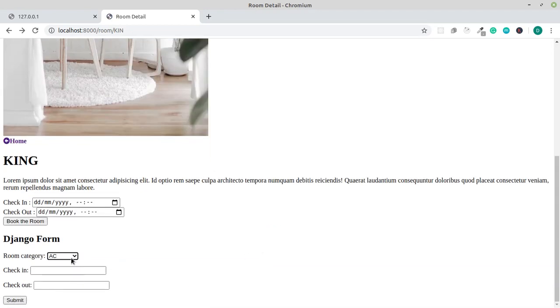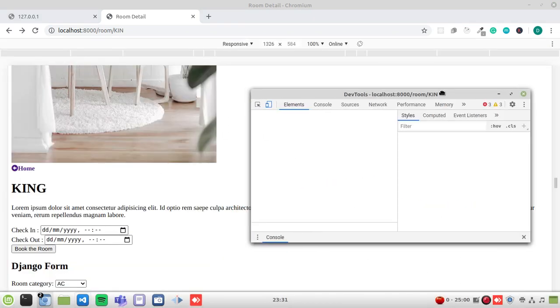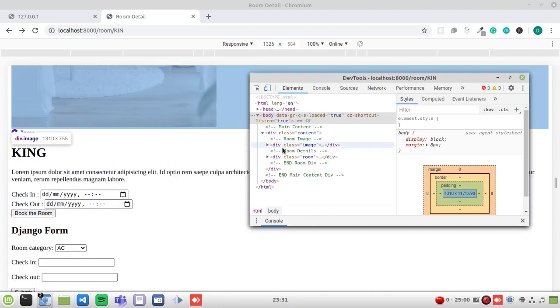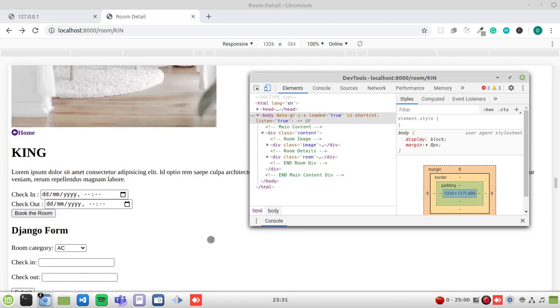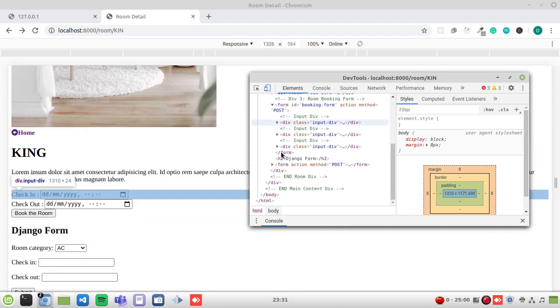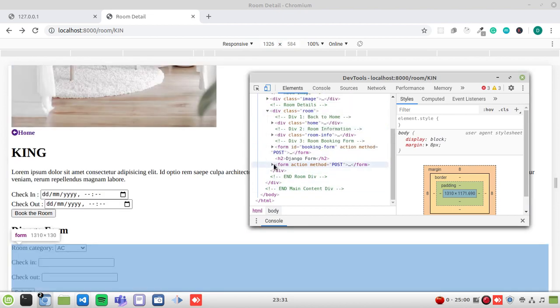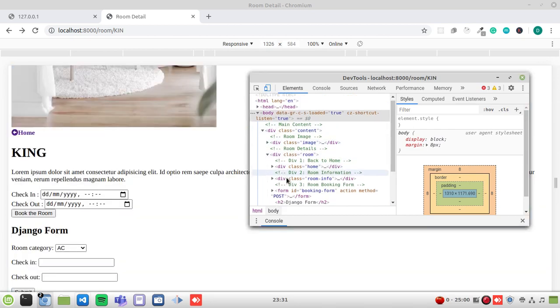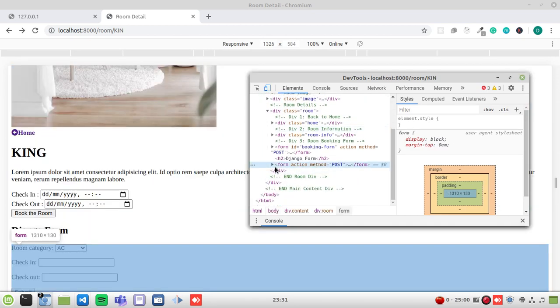So this is our form, and now we have to compare it with this form and match a few things. So when we match those things, Django won't be able to figure out that we have changed the form. So now we press F12 or any developer tools, according to your browser. If you're in Chrome or Chromium, you can use F12. Open your developer tools and search this form and this form up. So it's inside room, inside this booking form. So this is the form that I have made, and this is the form that Django has made. Okay, now inside Django you get this input type hidden, this CSRF middleware token. Anyways, we are going to put that over here too. That doesn't matter. What matters is this